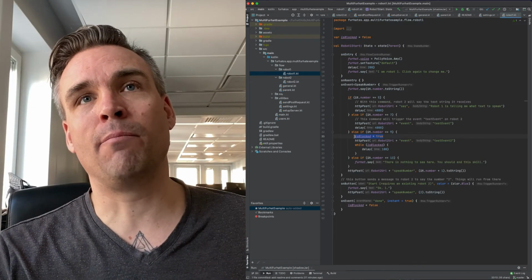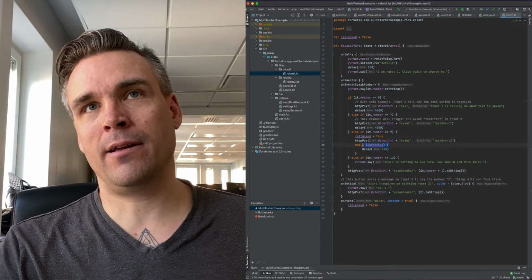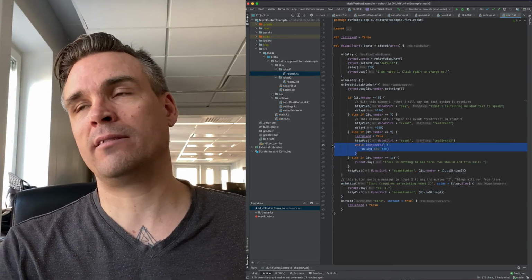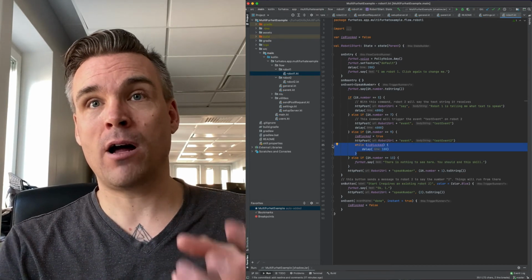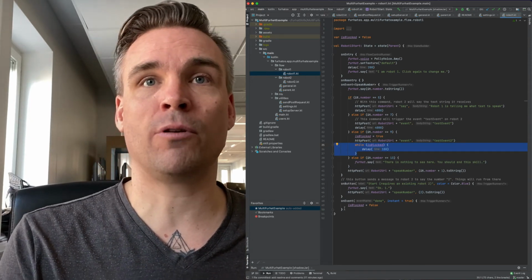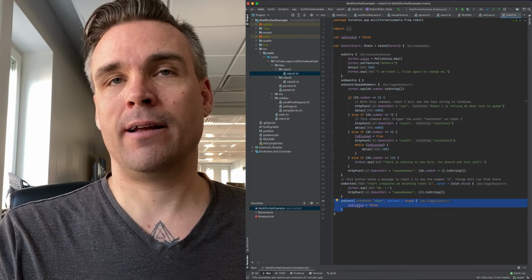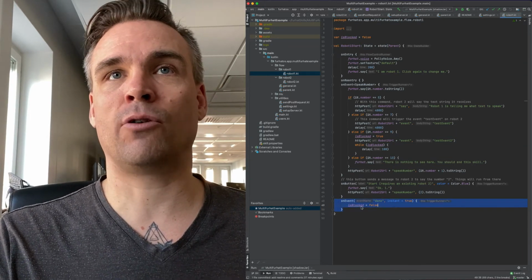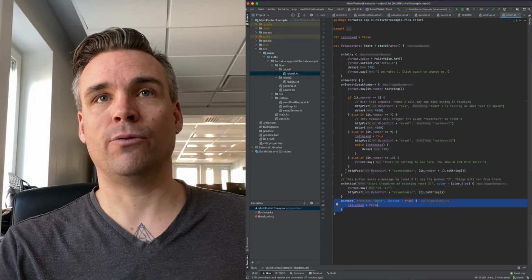I set isBlocked equals true here on robot 1. And then this while thing means that the robot will just wait until it gets a command back, another event back from robot 2 with the event name done. And when that happens, it'll set isBlocked to false,